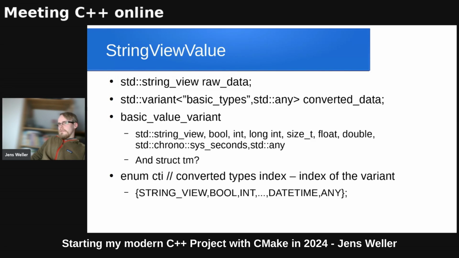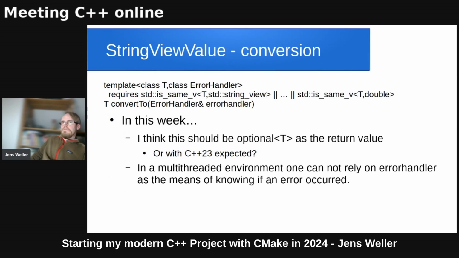the indexes of those converted types, so I can basically query the index function of the variant to see if that index is currently the index and compare against it. I have a conversion function which returns this type currently, but